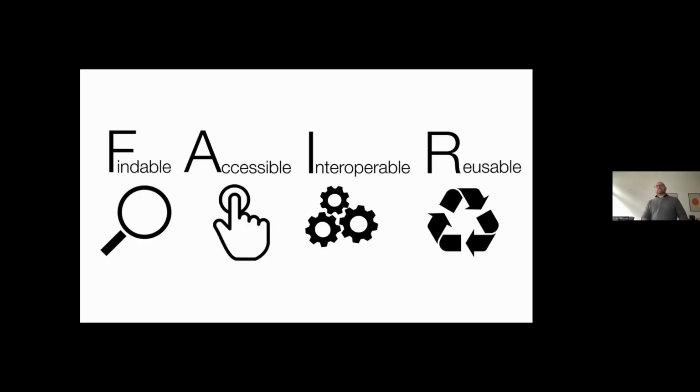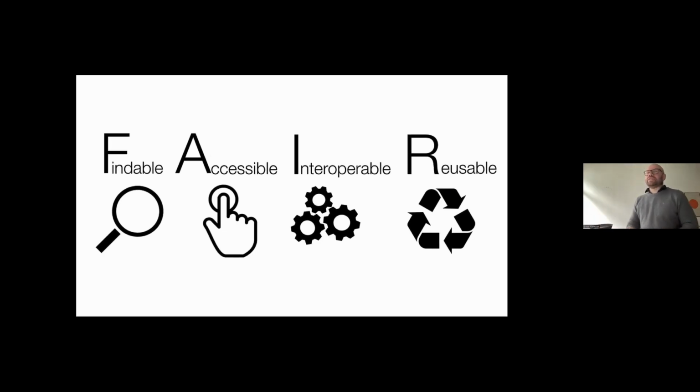So let's get started. Talking about FAIR, I think we should start by introducing the four letters. So obviously FAIR stands for F for findable, A for accessible, I for interoperable, and R for reusable. The acronym has been coined not too long ago. I think it was a paper in 2016 where Wilkinson and colleagues published the idea in a perspective sort of article, and